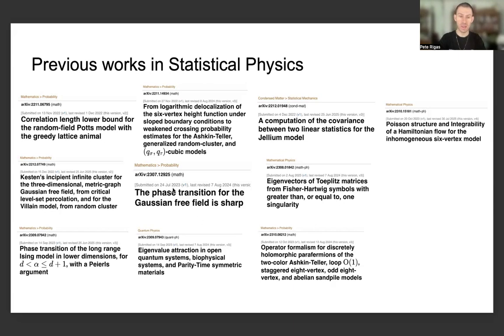and how this can even be used to quantify the existence of phase transitions for the Gaussian free field and for the random field Potts model, or for the long range lower dimensional Ising model. And altogether, a lot of these types of objects from statistical physics were mentioned in our initial discussion because they were really trying to help us to motivate, so to speak, dependency breaking and how that relates to symmetry breaking,